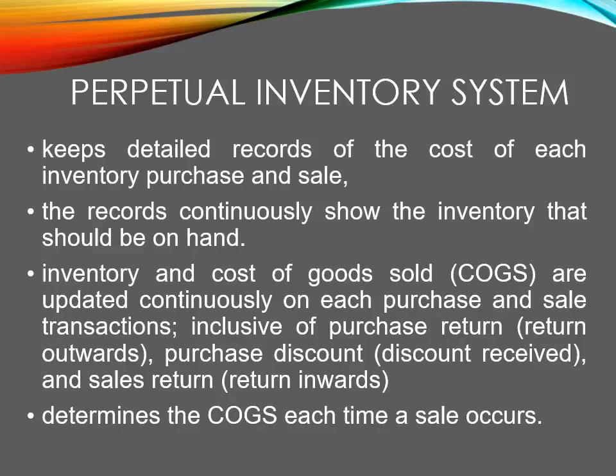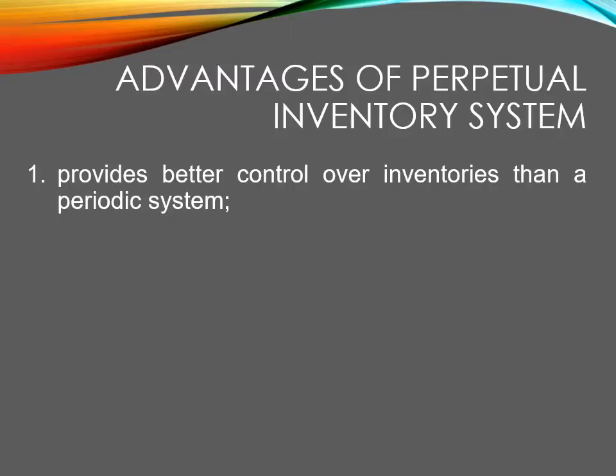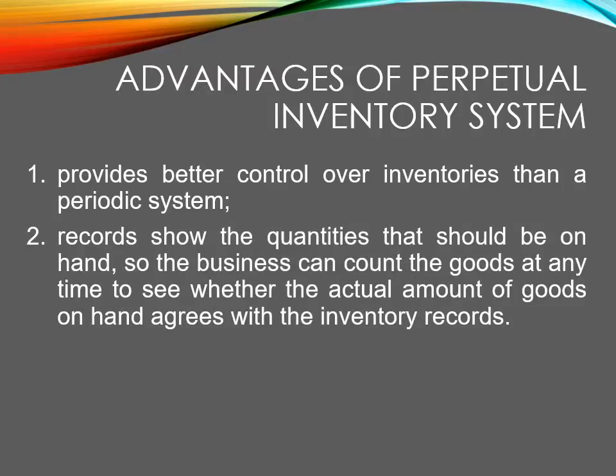Whenever a sale occurs, the value of cost of goods sold will be determined at that particular time, if we use the perpetual inventory system. Many say that it is better to adopt the perpetual inventory system because it can provide better control over the inventories compared to the periodic inventory system, because the control can be done